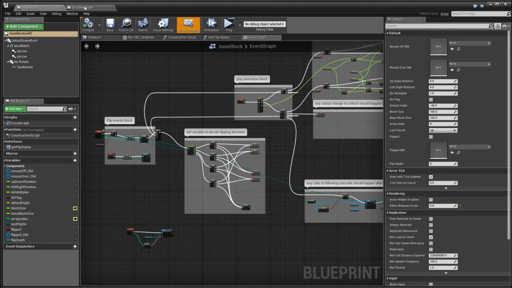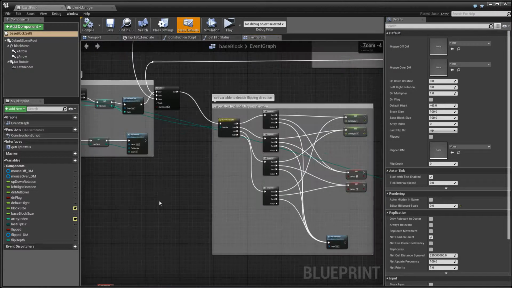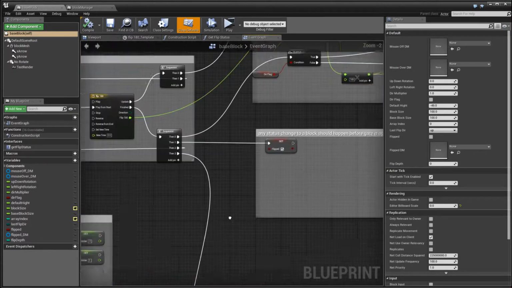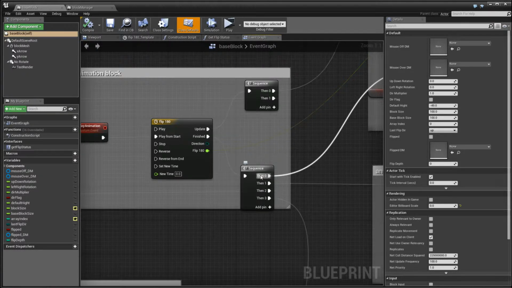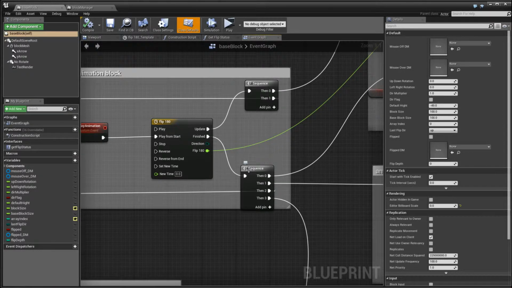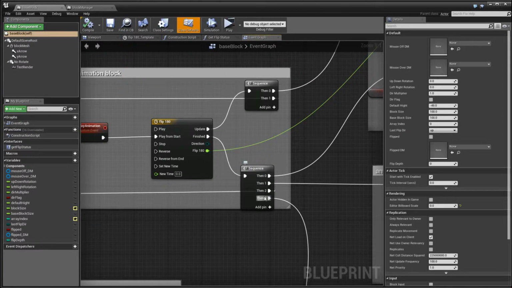Now we go to base block itself. We have some big changes. One of the big changes is here, when we play the animation, we make it with a sequence action, because sequence will always happen in order: 0 will be done, and then 1, and then 2, and then 3.